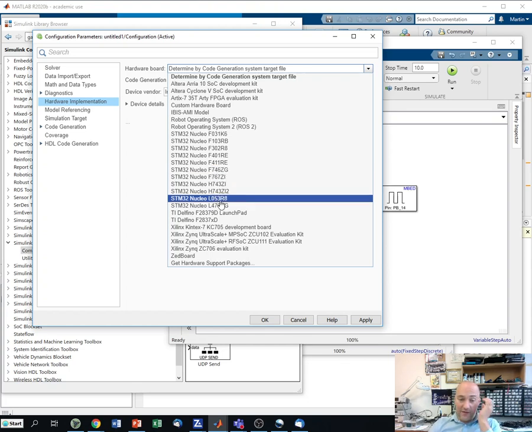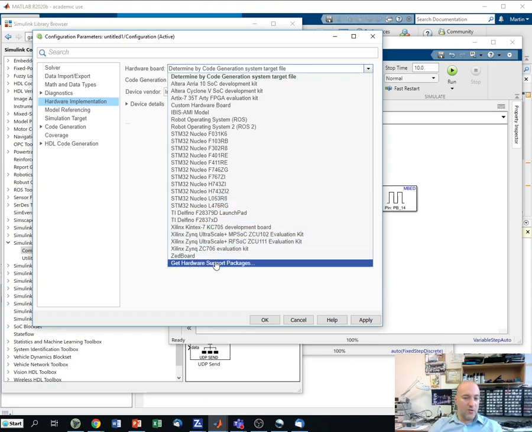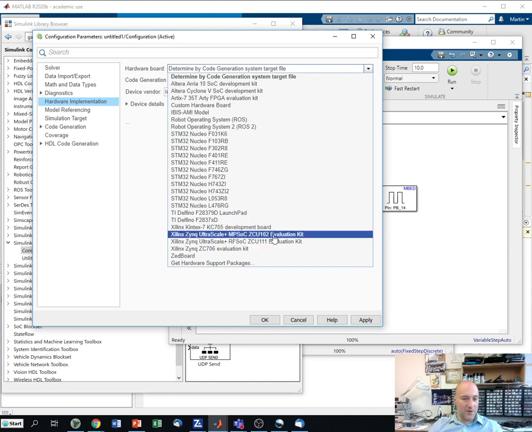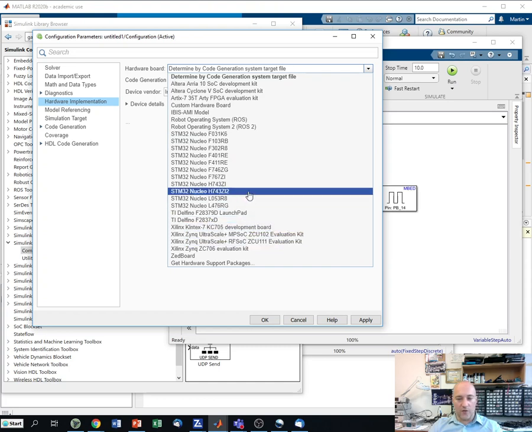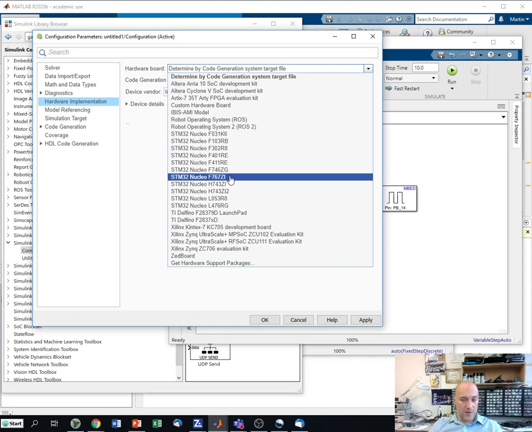And if you want other packages such as Arduino, for example, you can get them here with hardware support packages. You can take a look on the internet at what's available. You can have a package for Arduino, for example, for Texas Instruments, and so on. So many devices are available for Simulink. Now I will choose this one. This is my board, the Nucleo